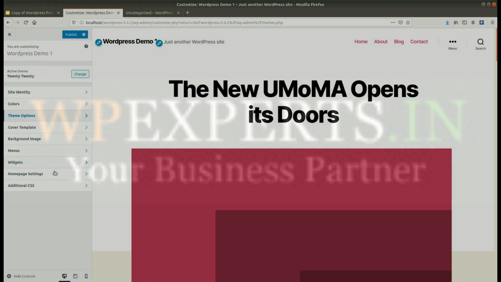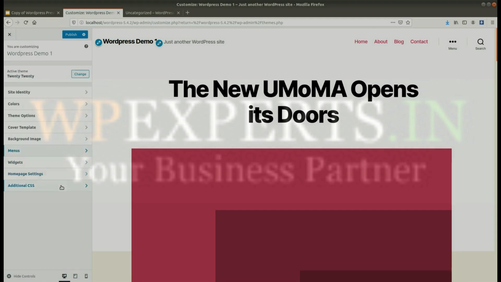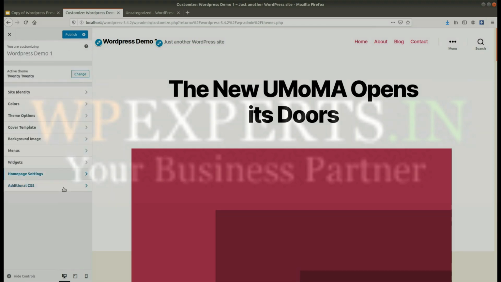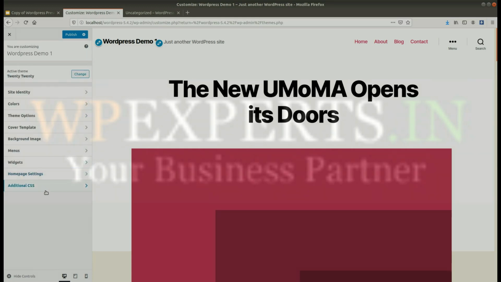You can see there are many options available, so you can choose any settings as per your requirement. If you want to add any external CSS, WordPress allows you to add the CSS from the Additional CSS section as well. This CSS will be reflected throughout the website.